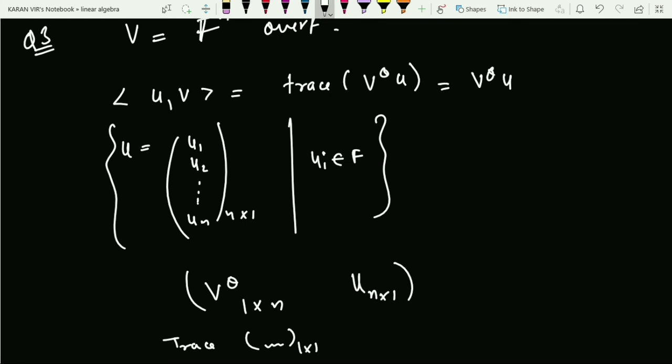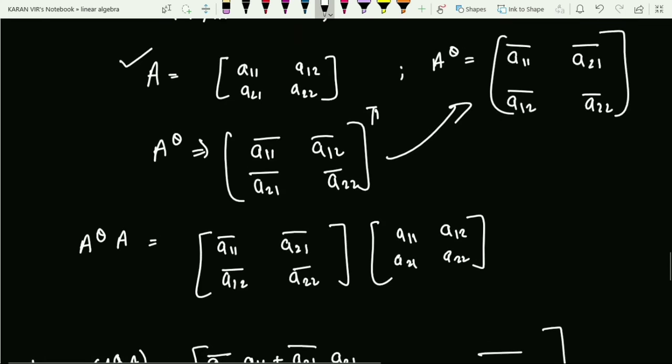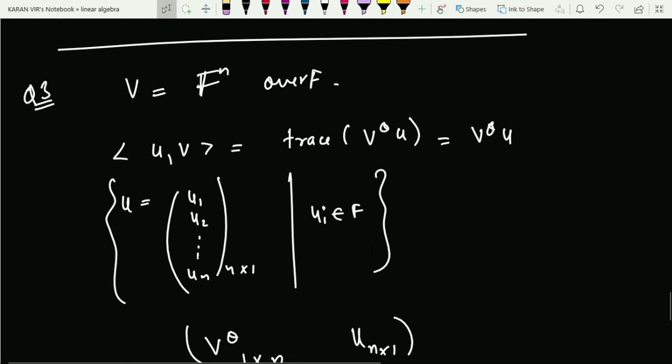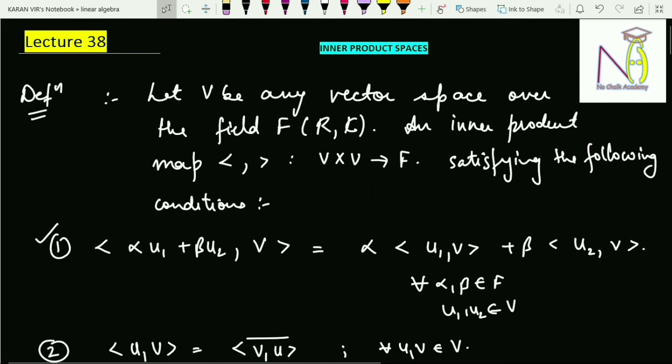And on very similar lines to how I proved the second result, you can easily compute this value and check that this is an inner product space. So I hope the definition of inner product spaces and the three examples I have discussed in this video lecture are clear to you. And even now, if you face any difficulty, you can mention your doubts in the comment box.